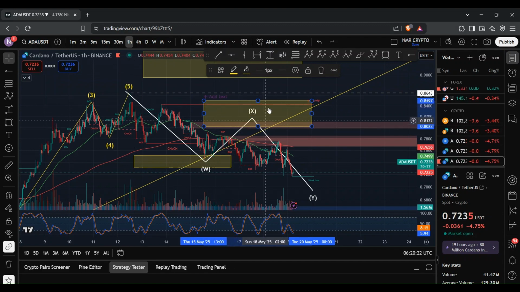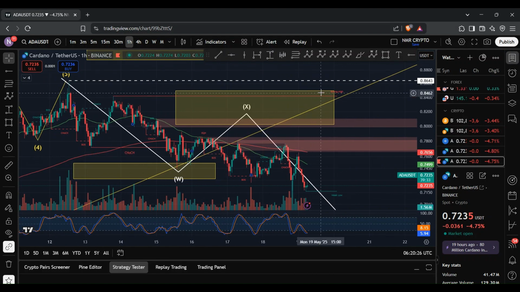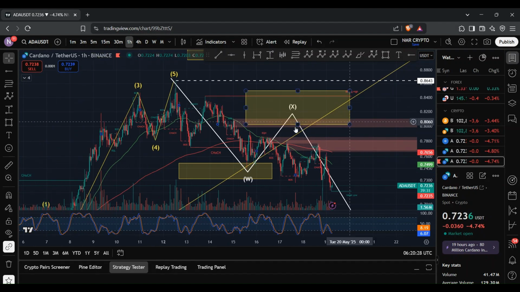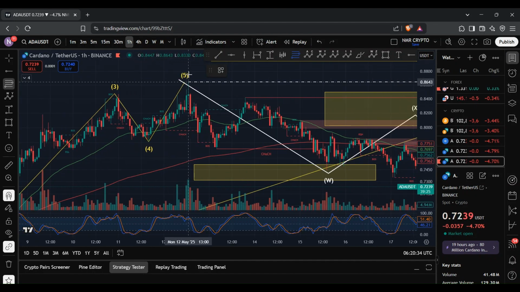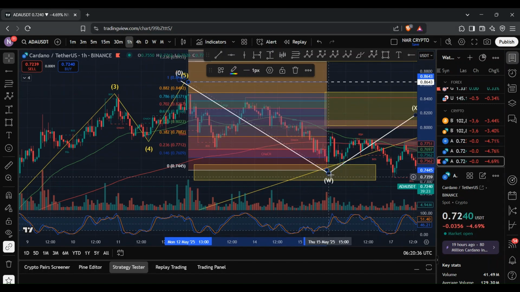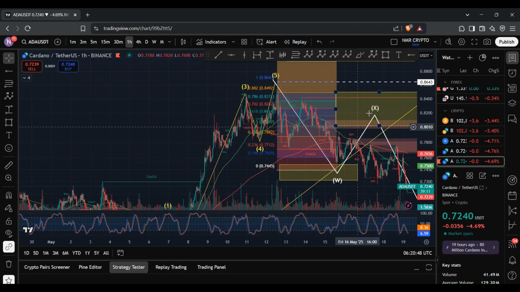However, we failed to reach this region here, and as long as ADA met the minimum requirement, which is a 23.6% retracement of our W wave, then this wave structure is still valid. So using the fib tool, you can see that the 0.236 retracement level sits at 77.12 cents, and we ended up reaching 79.24 cents. And so, again, despite us not reaching our typical requirement, this wave structure is still valid given that we